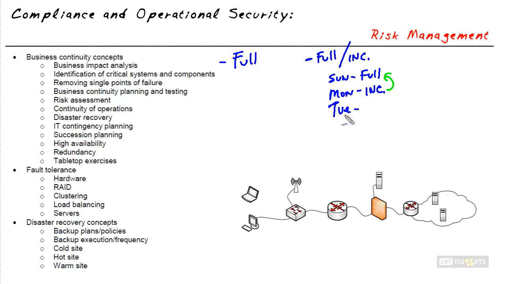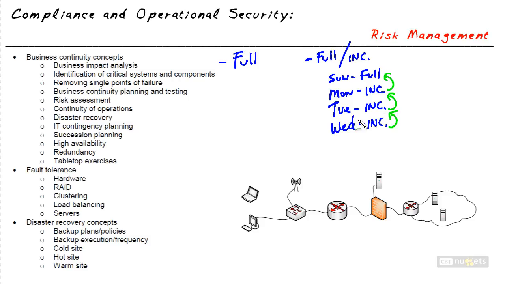And then Tuesday rolls around, and the incremental backup is going to say, let's just back up the data that changed since the last backup. In this case, the last backup was on Monday night. So maybe 2% or 3% of the data changed since the Monday night backup, and the Tuesday incremental just backs up that. And then Wednesday rolls around, and the incremental again is simply going to back up the data since the last backup of any type, which in this case was Tuesday.